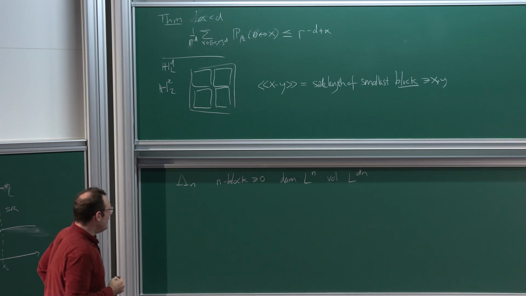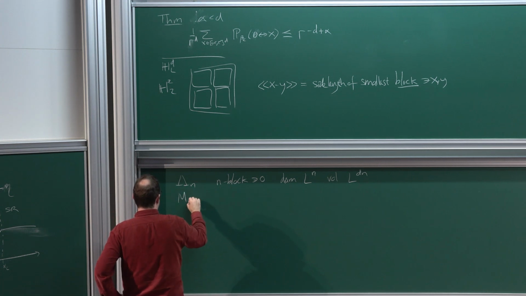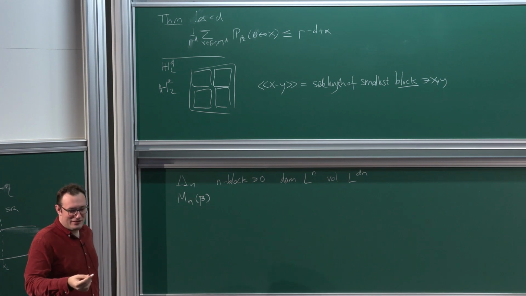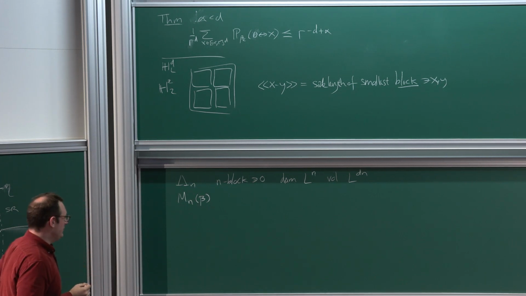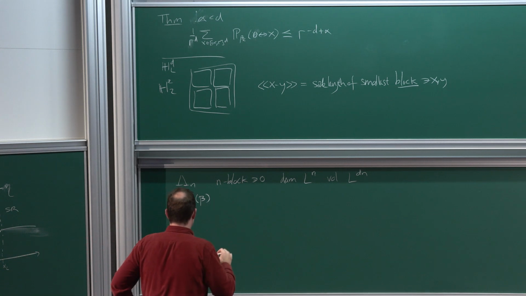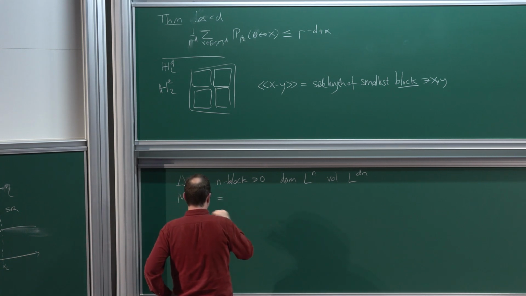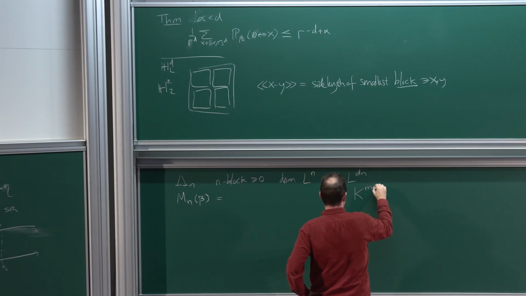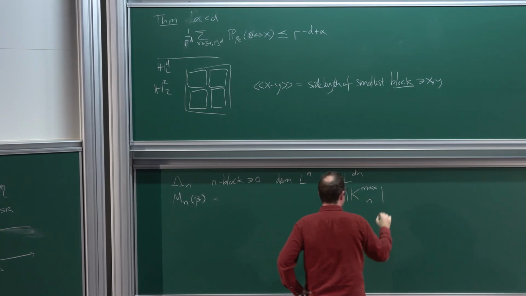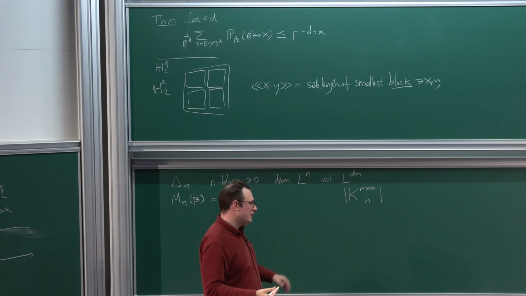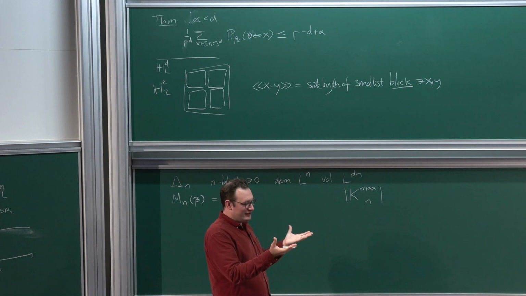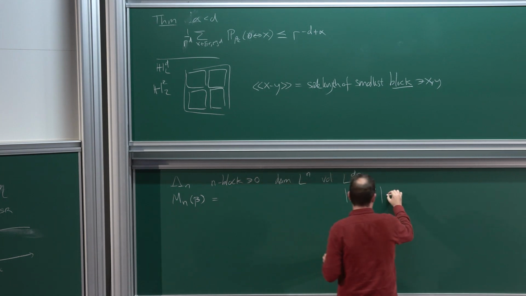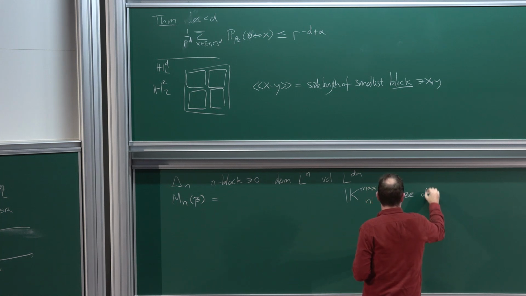Okay, and I'm going to define Mn, which depends on beta, and I'll very often take beta equals beta c, but let's keep it with beta for now. So I'll define K max n to be the largest cluster. Of course, it might be that you have two clusters that are both the largest size, so it's not really defined as a set, but as the size, it's certainly defined. So it's the size of the largest cluster